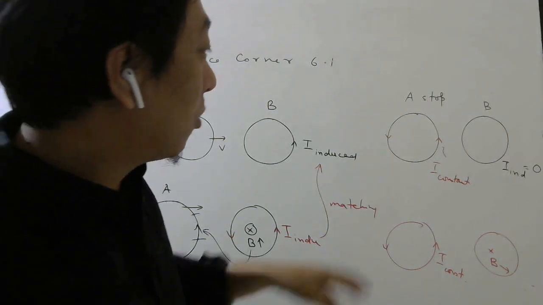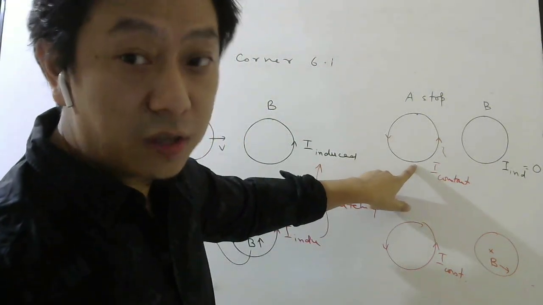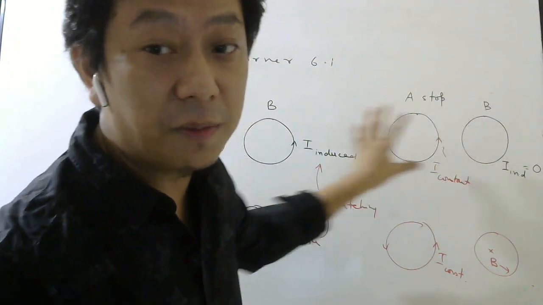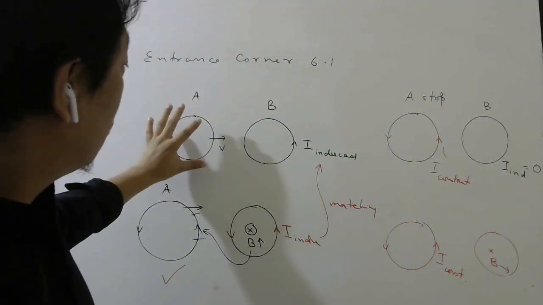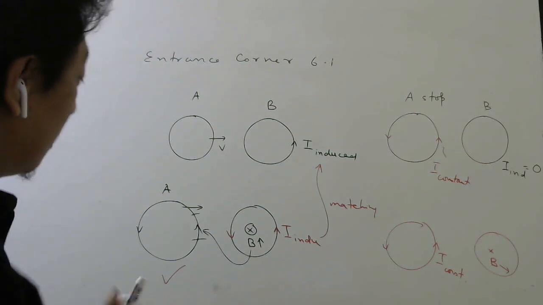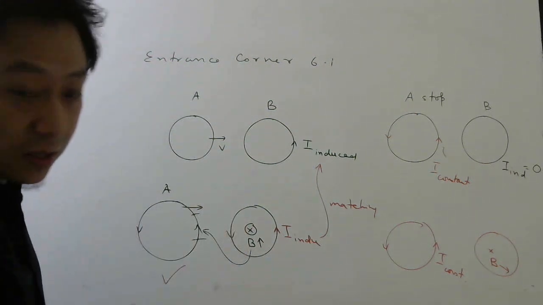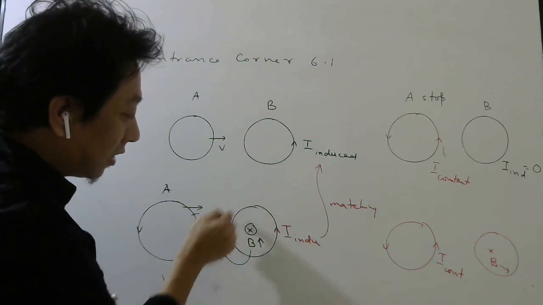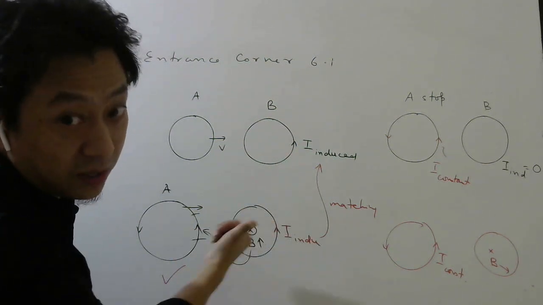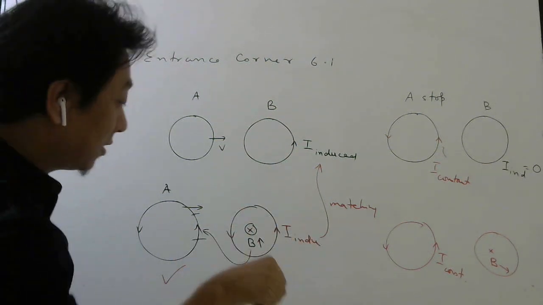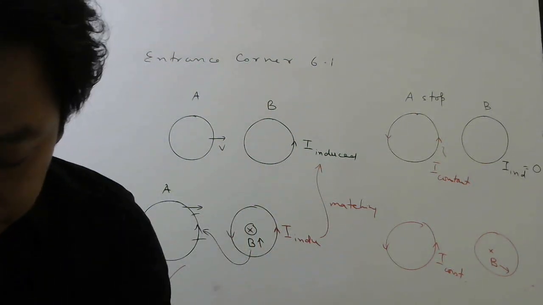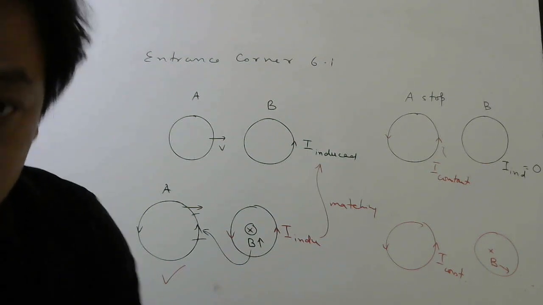So it is very important that if the current here is constant, then to change the magnetic field in this loop, you must move the magnet. Like here, if you move the magnet towards, then this magnetic field will increase. To oppose this increasing magnetic field, this induced current will try to create this magnetic field so that it opposes this increasing magnetic field. Okay, so try to analyze this question again, a very good question.